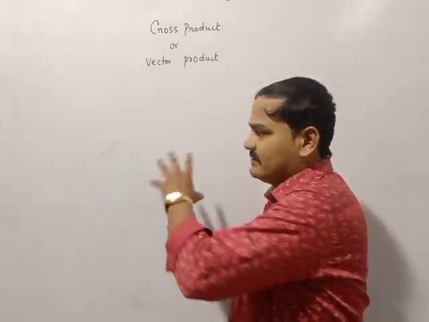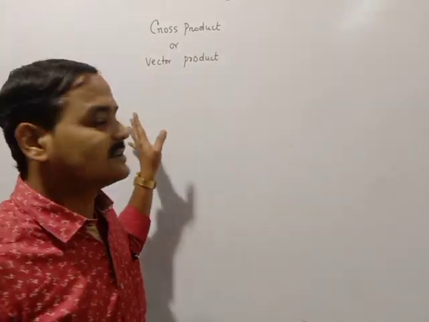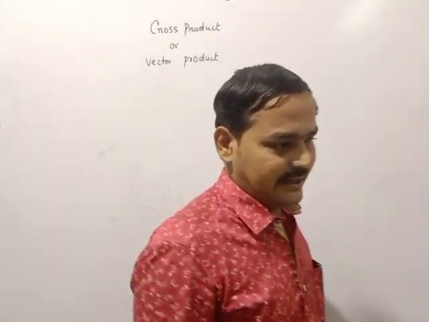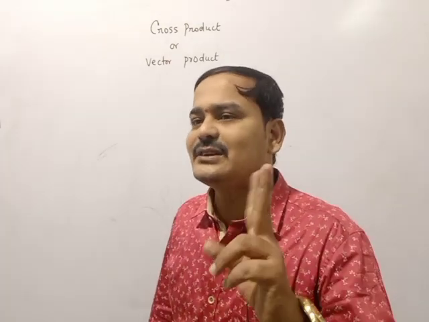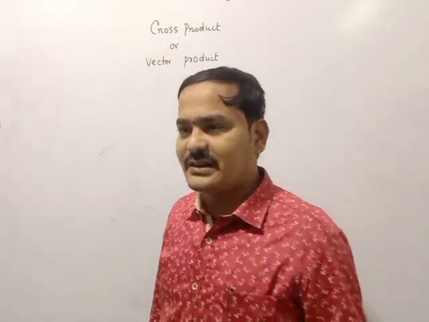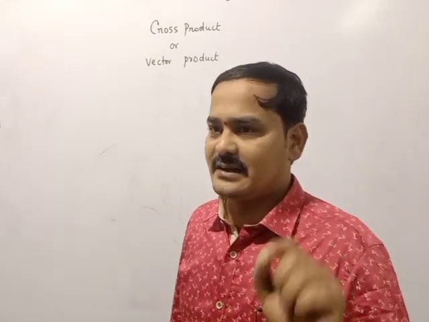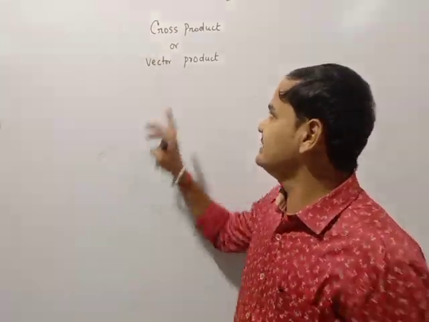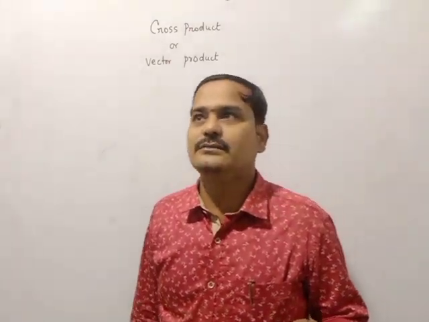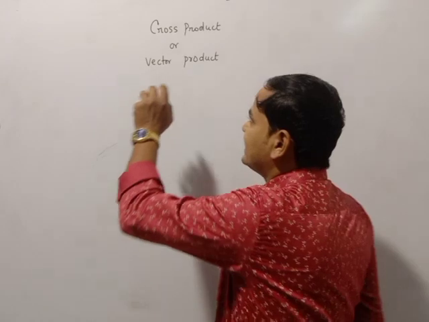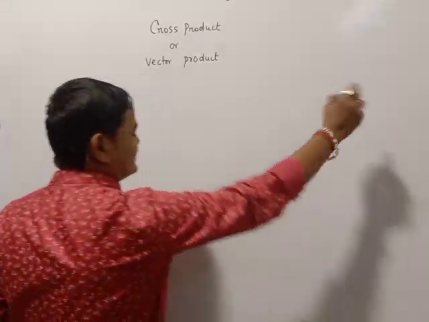So now in vector algebra and mathematics, how can you deal with the vector product? We can discuss now. First of all, the product of two vectors is of two types. The first one is the dot product, which gives a scalar or number, and the second one is the vector product, which gives a vector. So finally you can get a vector from this one. Now see, what is the meaning of vector product?